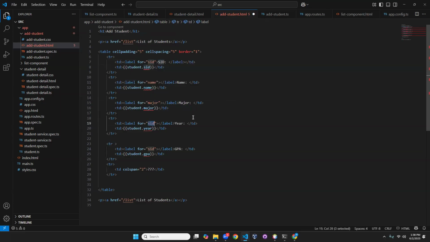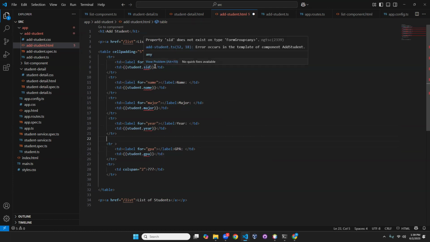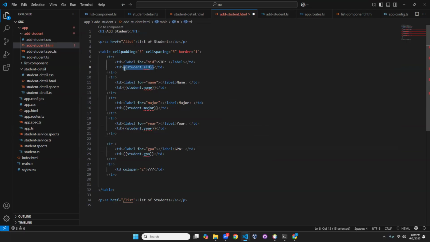Because these need to match the form control name, because we're going to be able to identify via JavaScript which one we want to color red, as an example, by the for part. So we're going to set that to GPA. Okay. First thing we're going to do is add